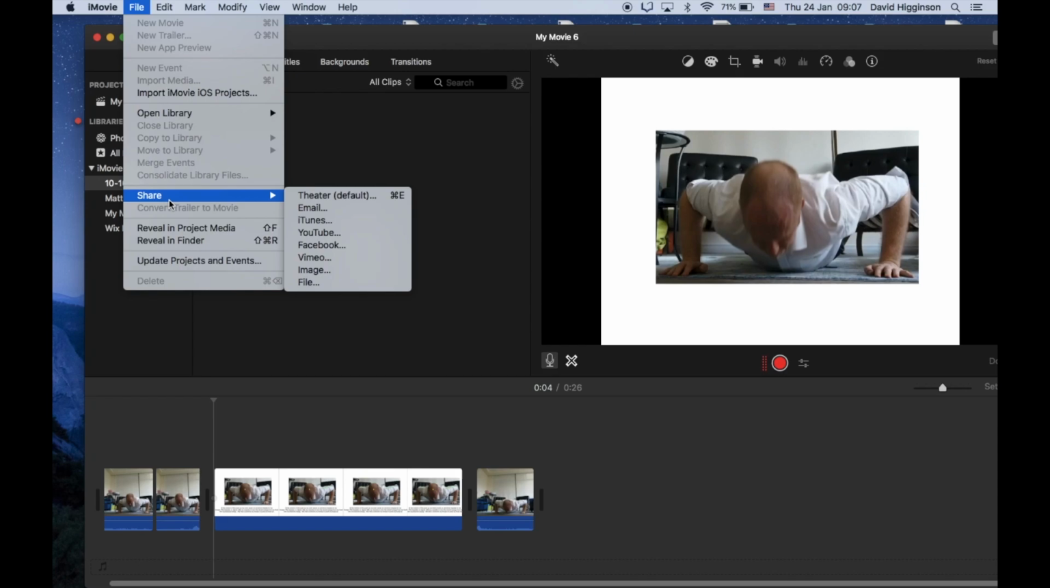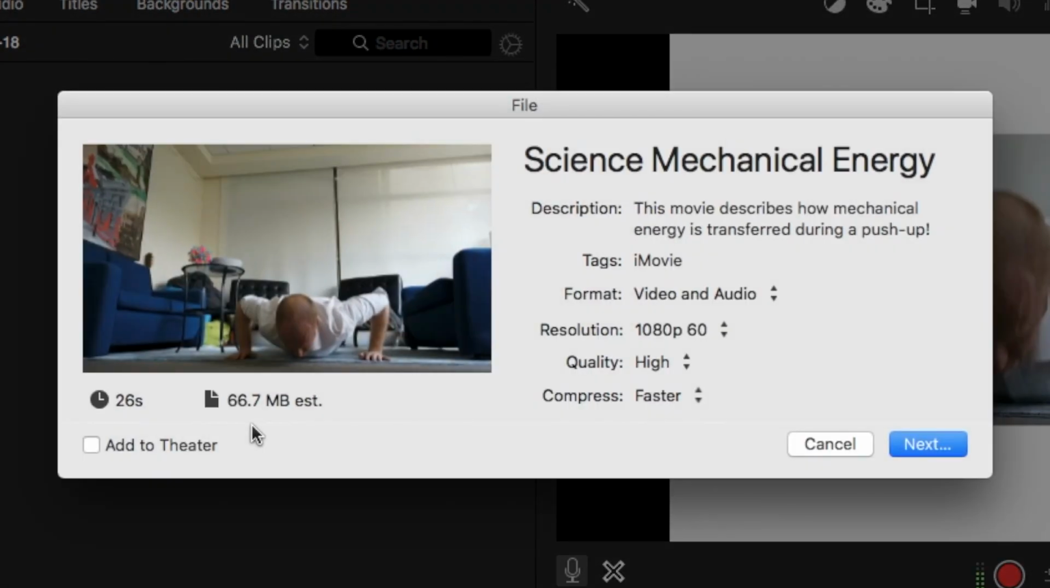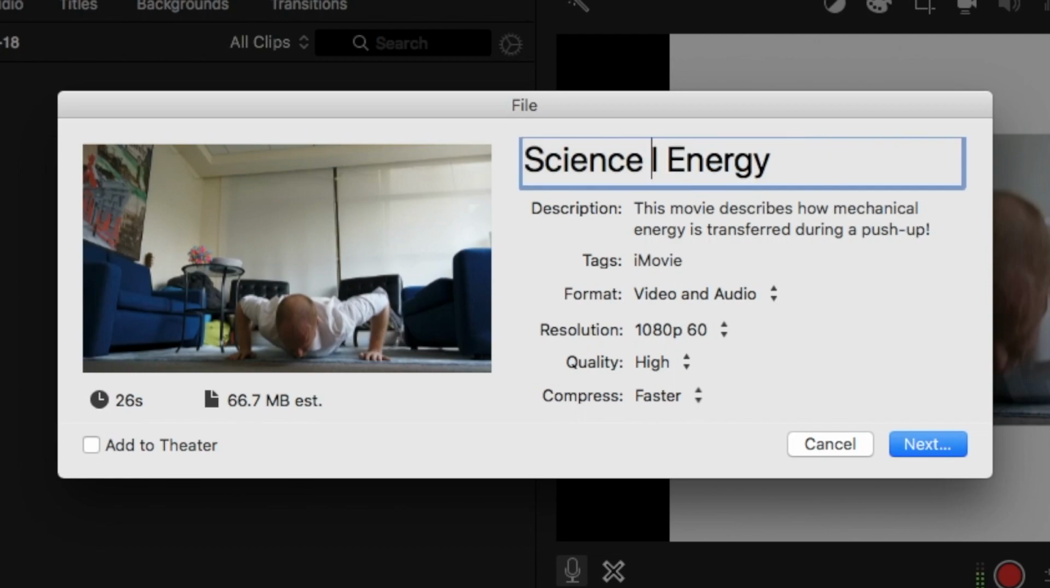to export this so we can then insert it into the PowerPoint. So you go up to File there, and then Share here, and then select File at the bottom. This will allow you to select some properties for this to be exported. So make sure you're happy with the title, which I'm not. I'm just going to call it Science Push-Up